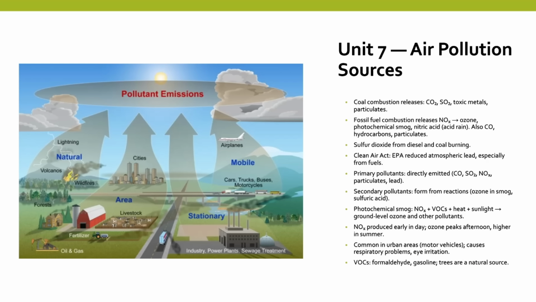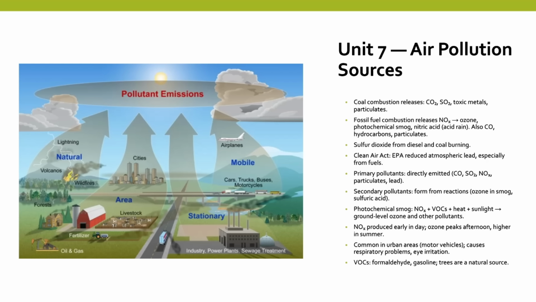Unit 7. Coal combustion releases CO2, SO2, toxic metals, particulates. Burning fossil fuel produces nitrides, which drives ozone formation and photochemical smog and acid rain. The Clean Air Act is going to let the EPA crush atmospheric lead. Primary pollutants are emitted directly. Secondary ones form via chemical reactions, and ozone is the